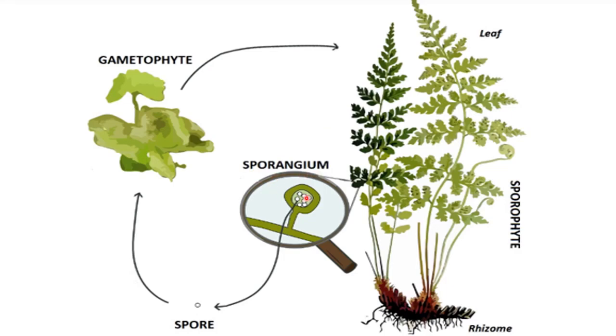Now the sporogenous tissue present inside this sporangium makes the spores. So this is a spore formed by the sporangium. Now the spore germinates to form the prothallus. You can see here this structure, this is the prothallus, which has been formed from the spore. And what is another name for this gametophyte? It can also be called prothallus, right? So this is the prothallus or gametophyte, which bears male and female sex organs, and then after the fertilization of gametes it gives rise to the sporophyte again.